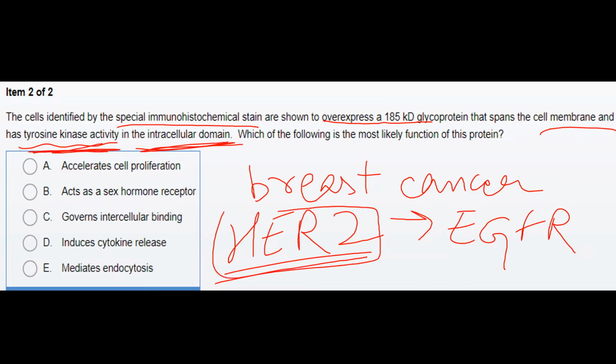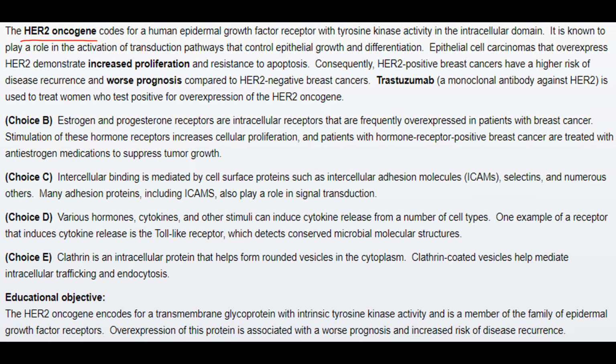The HER2 gene is actually responsible for breast cancers, and this HER2 gene plays a role in cell proliferation and growth. Thus, the answer is A. It accelerates cell proliferation. The HER2 oncogene codes for a human epidermal growth factor receptor with tyrosine kinase activity in